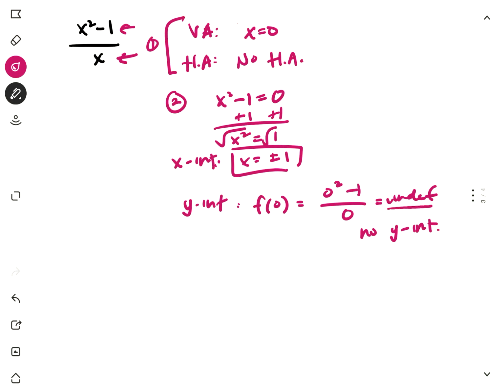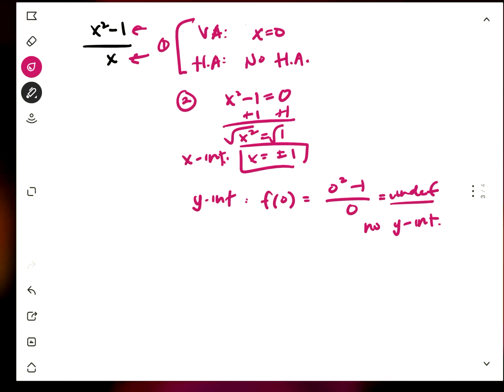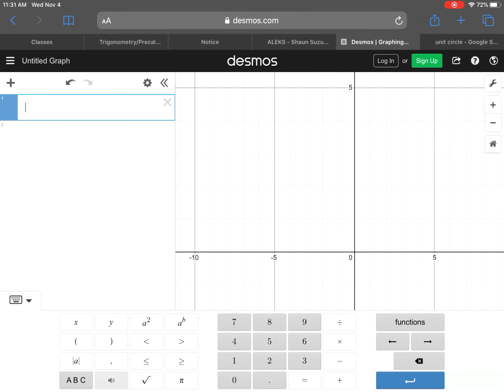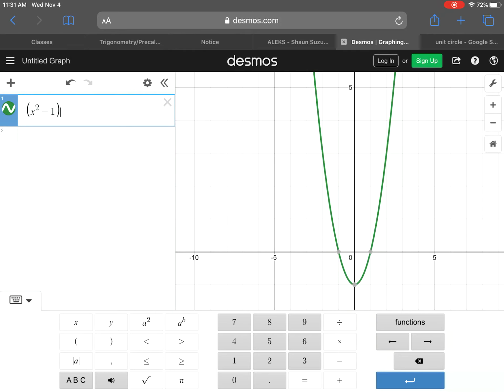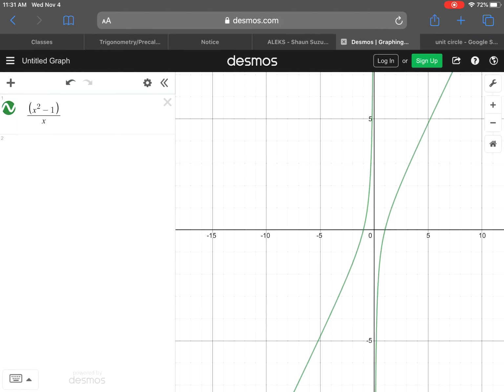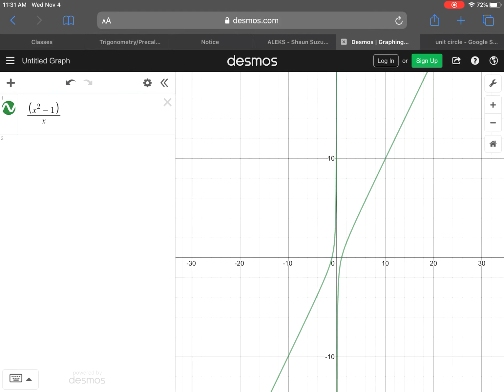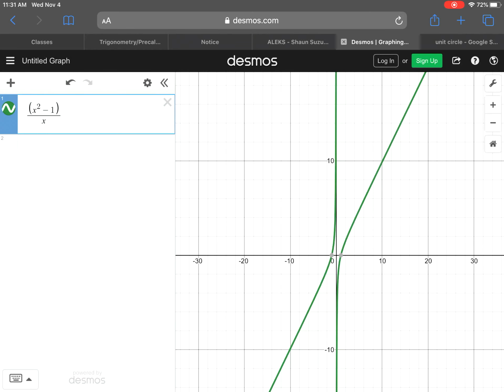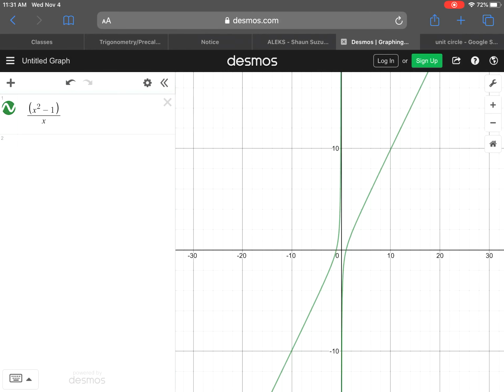Okay, and then let's check our graph here. x squared minus 1 over x. Put it in parentheses. x squared minus 1 divided by x. Okay, so you notice that when we're talking about our end behavior, it's increasing towards the right and decreasing towards